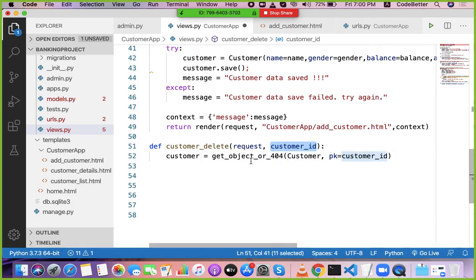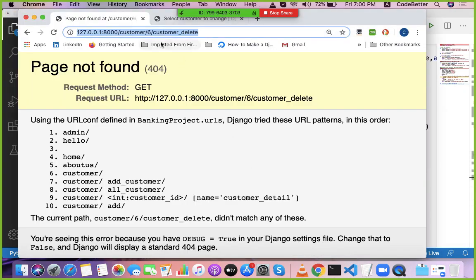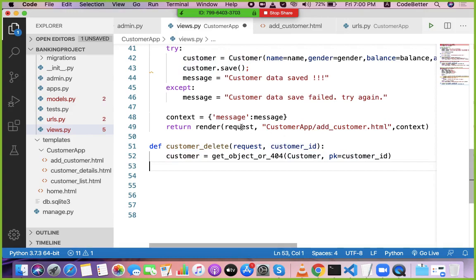To fetch a particular object you have the function get_object_or_404 of type Customer using the customer ID as primary key. So you get that particular customer object whose ID is available in the URL, this 6. Now you can delete it.